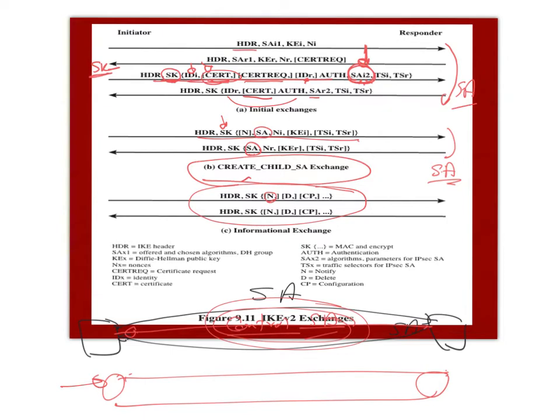Once we establish the security association for the control traffic and the security association for the data tunnel, now we are ready to go. So the control traffic is here. The data traffic is not in this picture, but the data traffic is based on ESP and AH and all the things that we talked about before. Okay? So now we have the data tunnel, we have the control traffic, so everything is set up. Okay, so we are ready to go. So this is the IKE